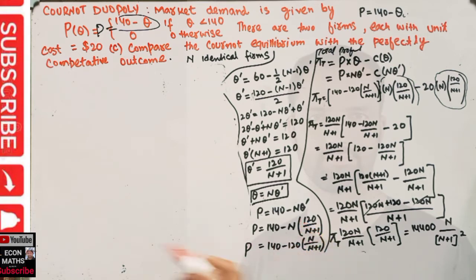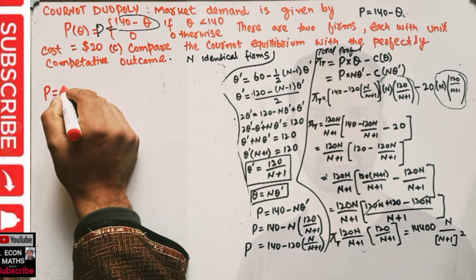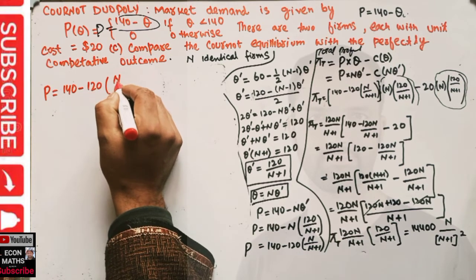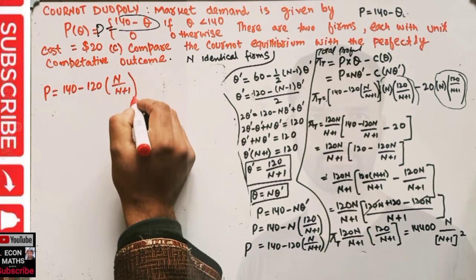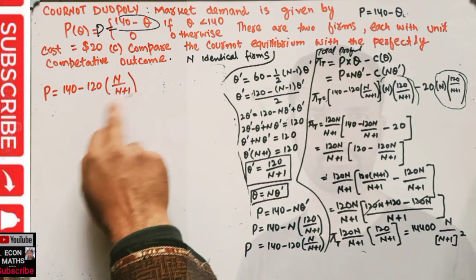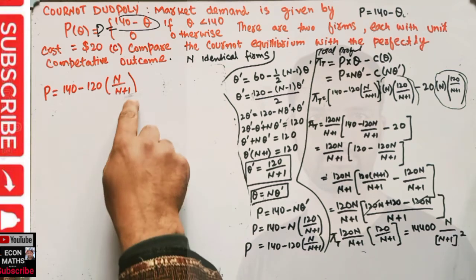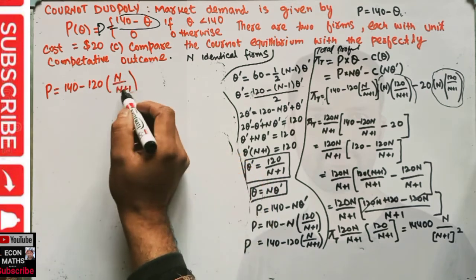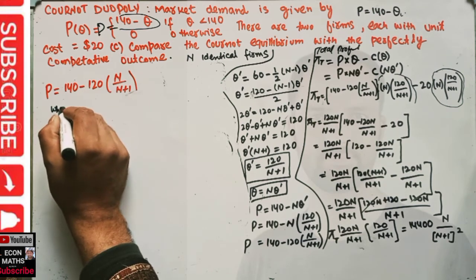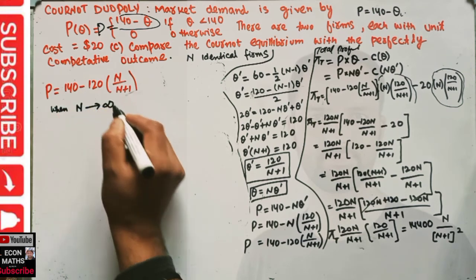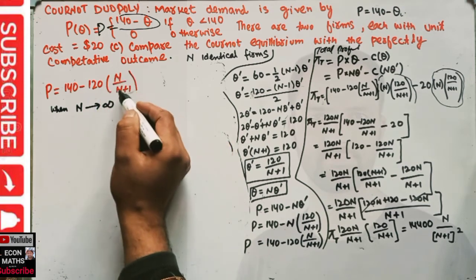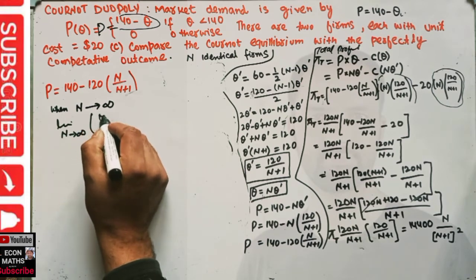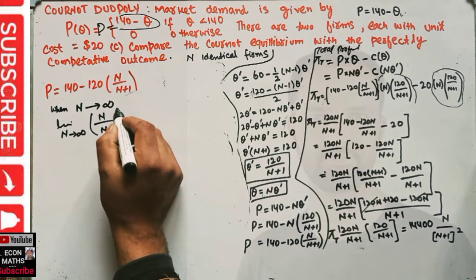We got price, P is equal to 140 minus 120 n upon n plus 1. Okay, this is what we got when we have n number of firms in a Cournot equilibrium, so this is the price function. Now what happens if n becomes large? Let us say when n tends to infinity, when we have an infinite number of firms, then this expression, the limit as n tends to infinity of n upon n plus 1,